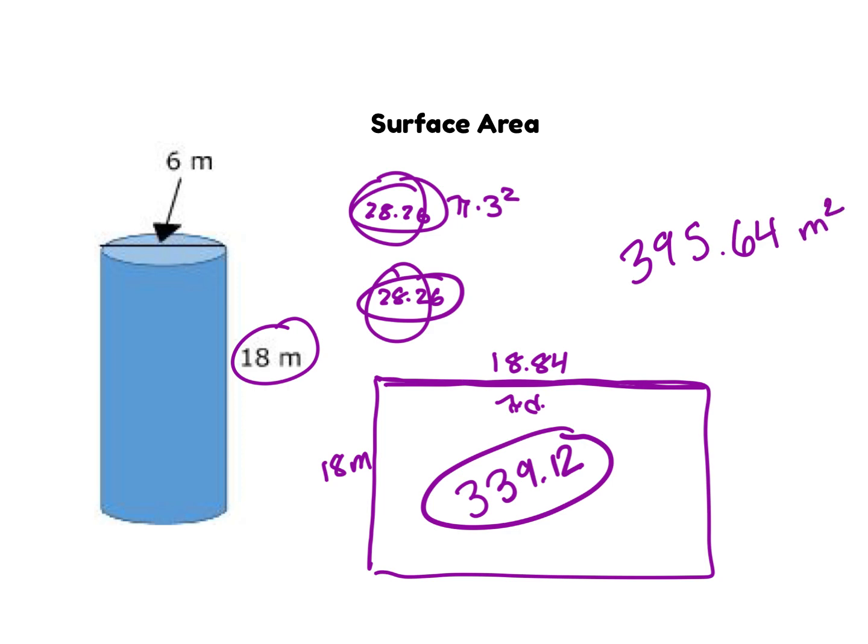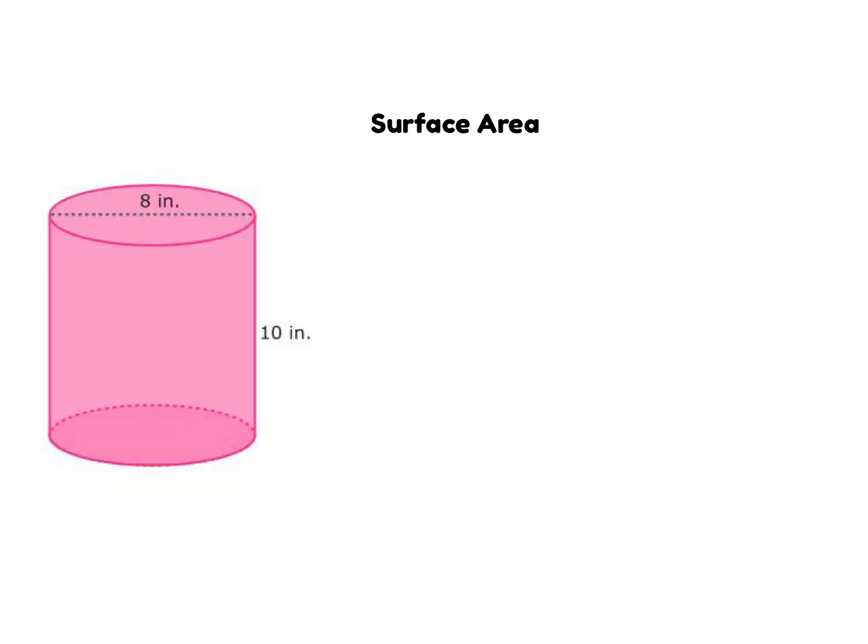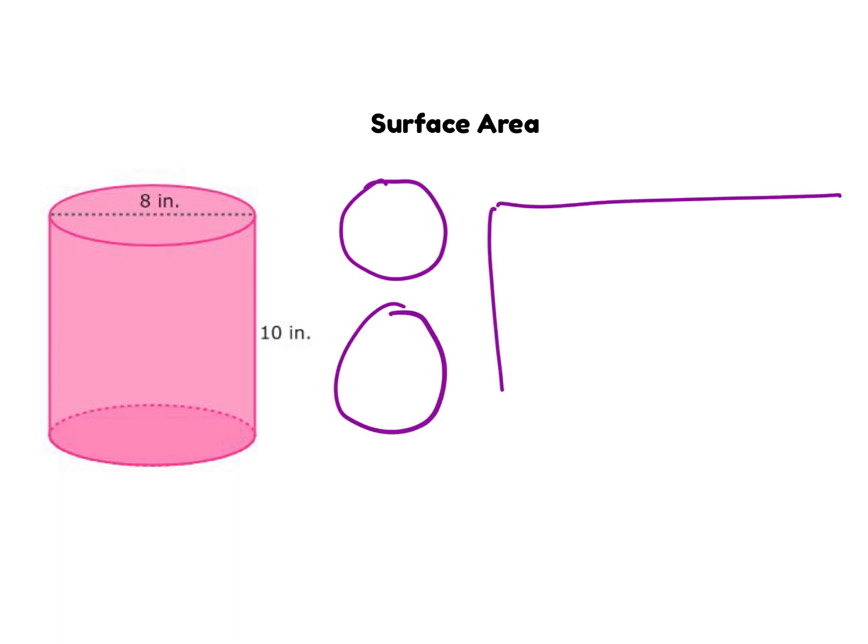meters squared. I've got 2 more examples. Let's fly through them. Actually, I lied. I think this is my last example. Okay, so for this one, again, I'm going to find the area of the circle, the area of the circle, remember they're always the same, and the area of that rectangle that goes around. So the area of the circle is pi times the radius squared. Radius would be 4 in this case. So I'm going to take 3.14 times 16, and that's